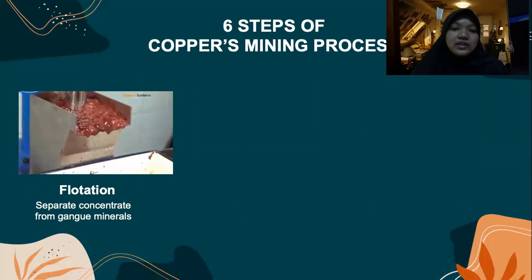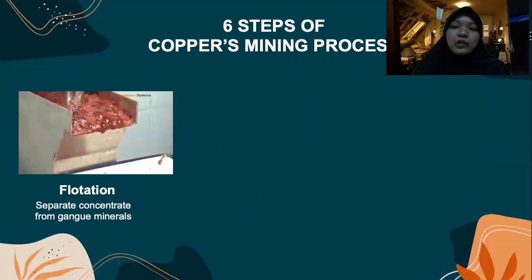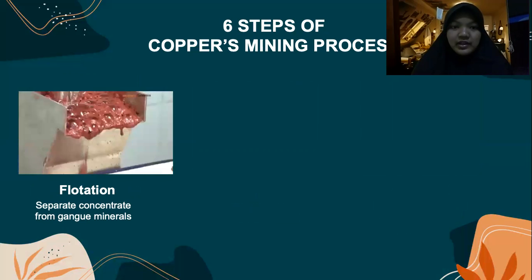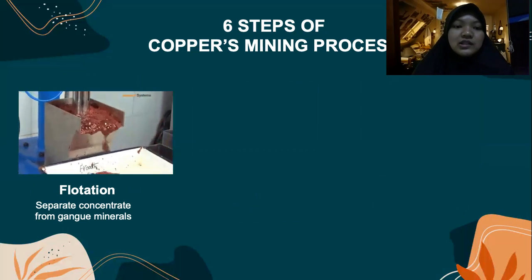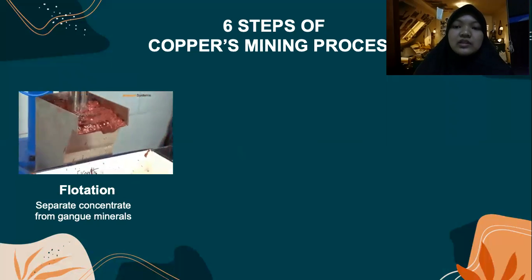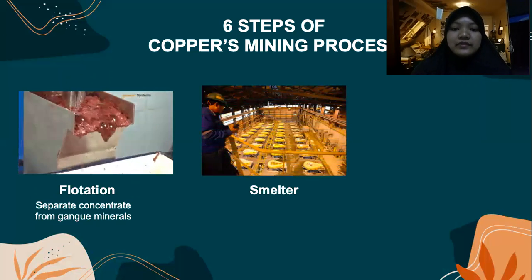In this process, the equipment used is called a pneumatic flotation cell. The function is to separate the concentrate from its gangue mineral, and this process uses a small amount of chemical agents. And then the fifth step is